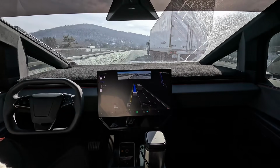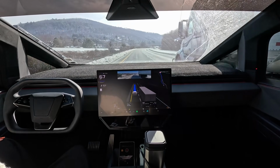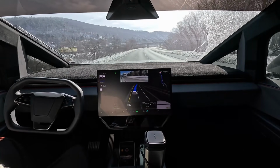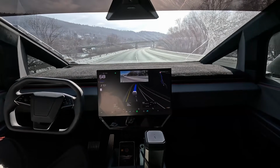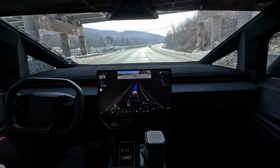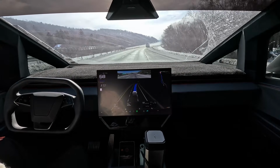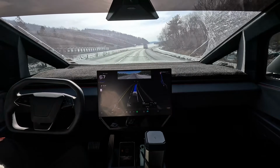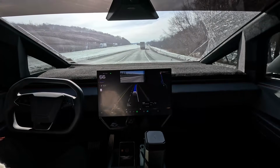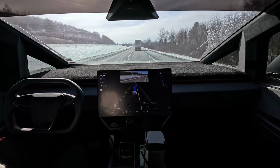Chuckling to myself, if you have an EV, you're going to know this to be true. The other day it was reading 0, 1, 0, and -1 temperatures in the morning, and EVs heat up extremely quickly. They're almost like gas stoves are to electric stoves. Gas stoves are almost instant heat. Electric stoves take a little while to warm up. Same kind of thing with combustion engines versus EV. Combustion engines, you know, you gotta get the engine warm, and